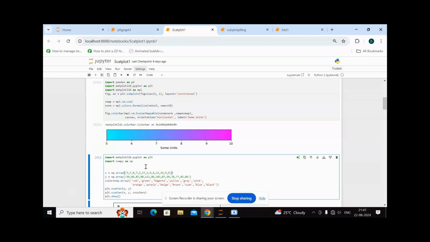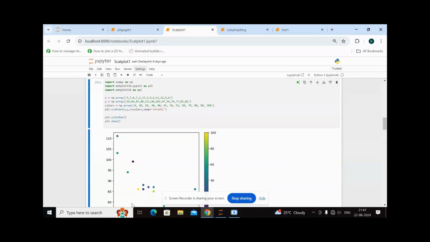Next, I am using a plot of matplotlib where I am giving x and y axis of array values and colors np.array. In this graph, I am giving each and every array value with different colors. So I have given different color names for the different plotting of the graph. And for that, I have used the scatter method. This is the formatting of that.